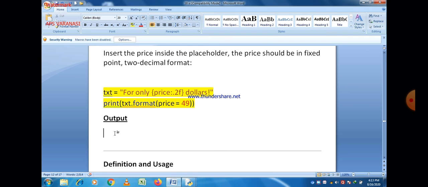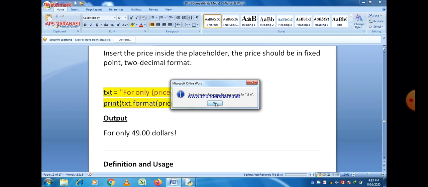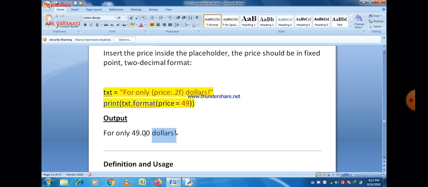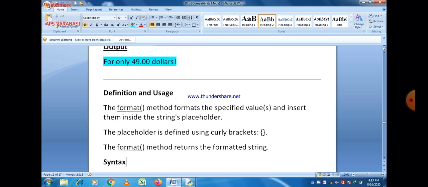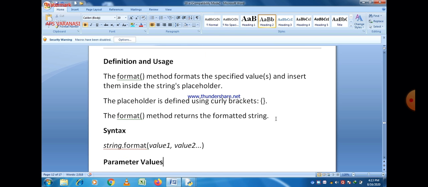So it is up to you. Basically the curly braces here show the placeholder. We will discuss it later in this video.